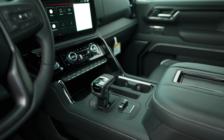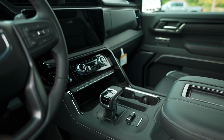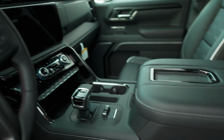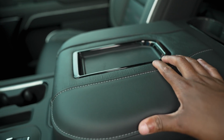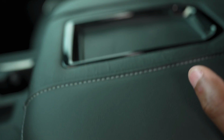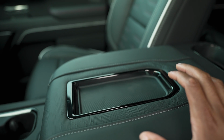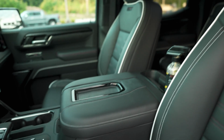That's something that we've already hit on in a lot of the other videos. And there's the truck, it's yelling at me, it just shut down, but at least you know you won't run out of gas if you keep it idling forever. Now going through the rest of the interior, you got some more embossed leather here with some more black trim. The trim, the fit, and the finish, I probably said that two or three times already. That's really what makes this truck unique and really adds on to what you're buying, why you're spending this money